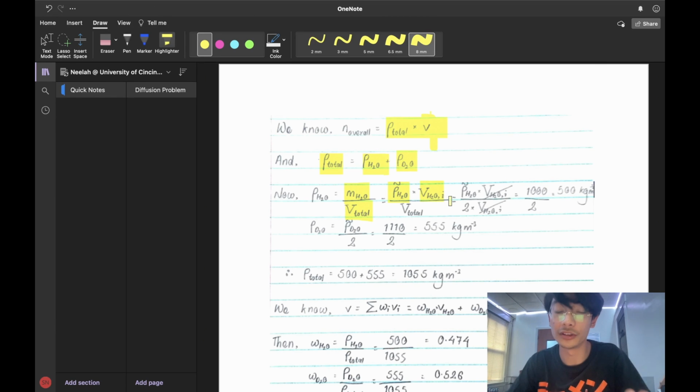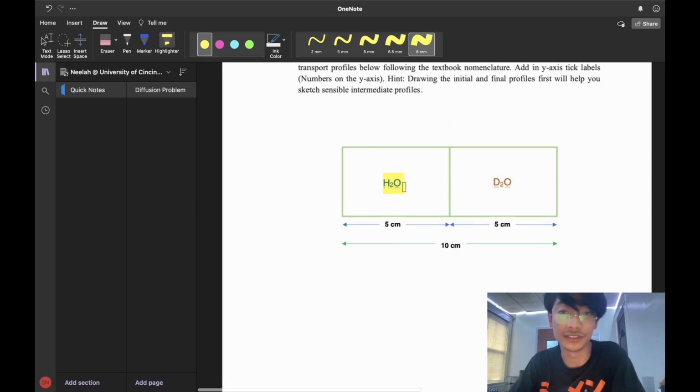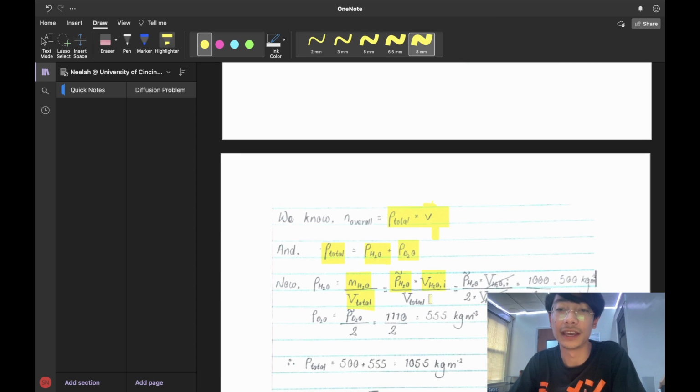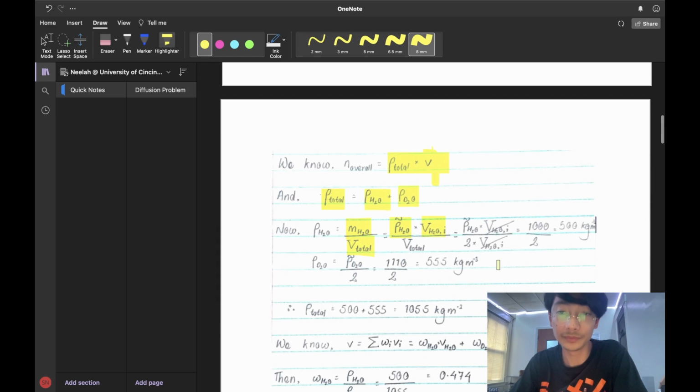Not the volume of the entire capillary, but when the water is separated, say at time t equals 0, the volume that it's occupying is what we need. So the total volume in isolation of water is only occupying this much. We will multiply this volume by the standard density of water. So we get